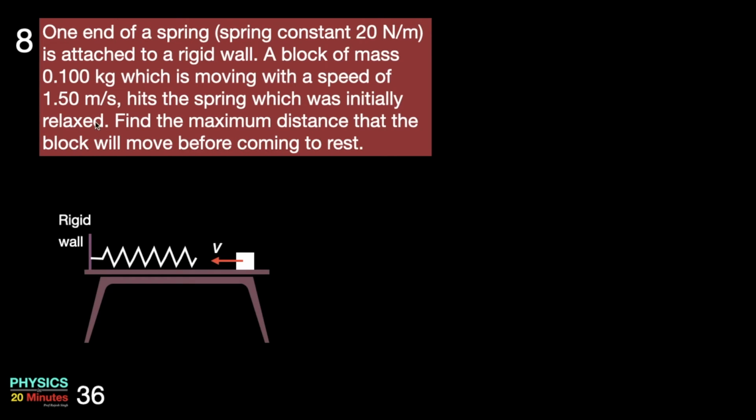Here is my situation. I have a frictionless surface, I have a rigid wall, I have a spring which is relaxed to begin with, and the block is moving with velocity v. What will happen when the block hits the spring? There will be compression of the spring. So what happens to the kinetic energy of the block? Will it increase? Will it decrease? You can see that the kinetic energy of the block will drop, and who is doing the work for this decrease in the kinetic energy? The compression of the spring force. Remember that. So it is a problem which is similar to the last one.